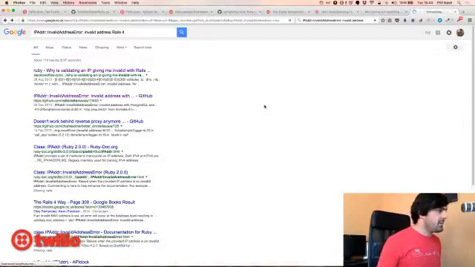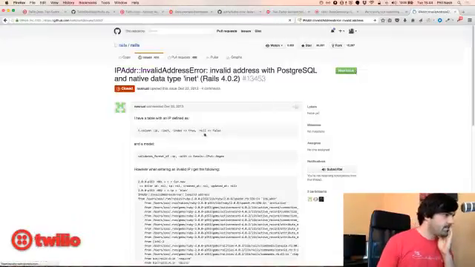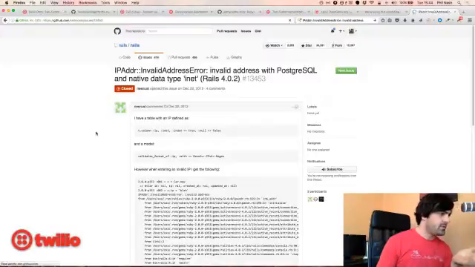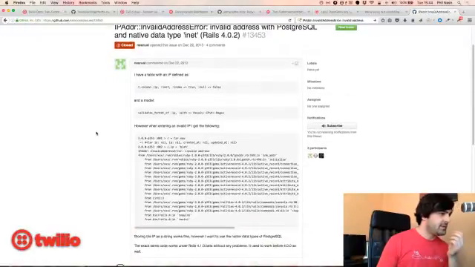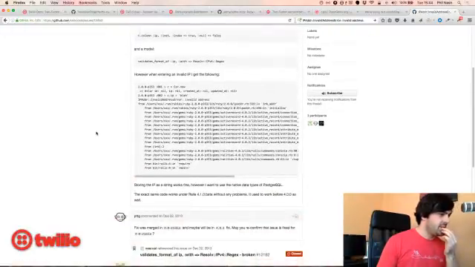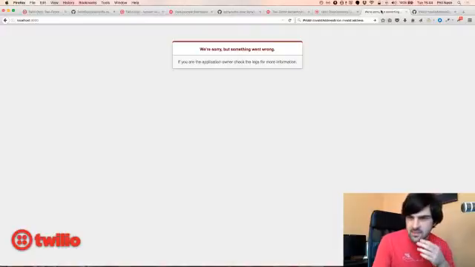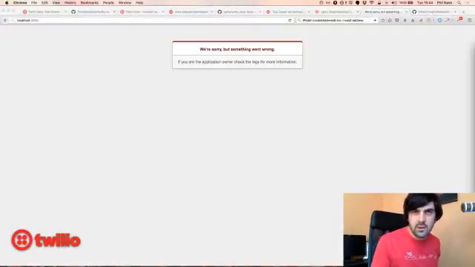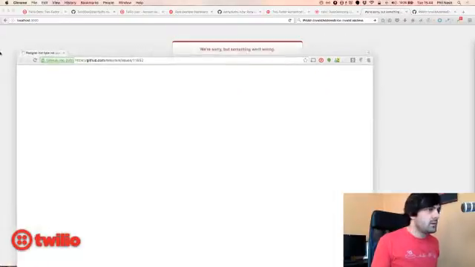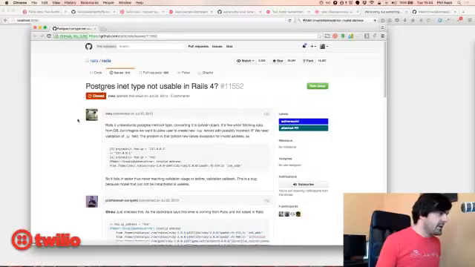Yeah, that's the same thing as well. But I'm not trying to validate things in Postgres as IP addresses. This is just the IP address I'm trying to run the application with. Thanks, Greg. This is the suggestion from the Rails